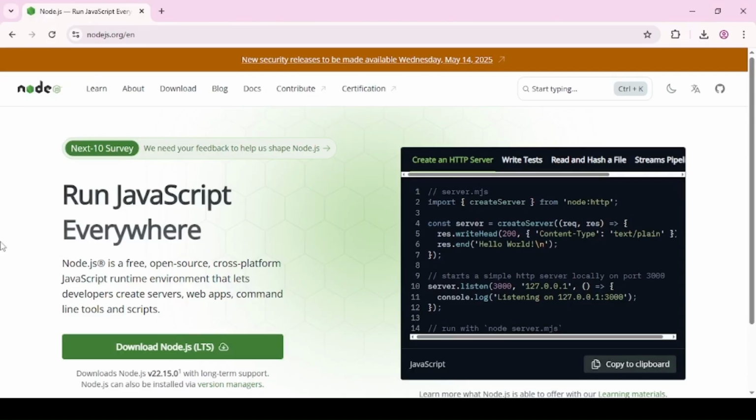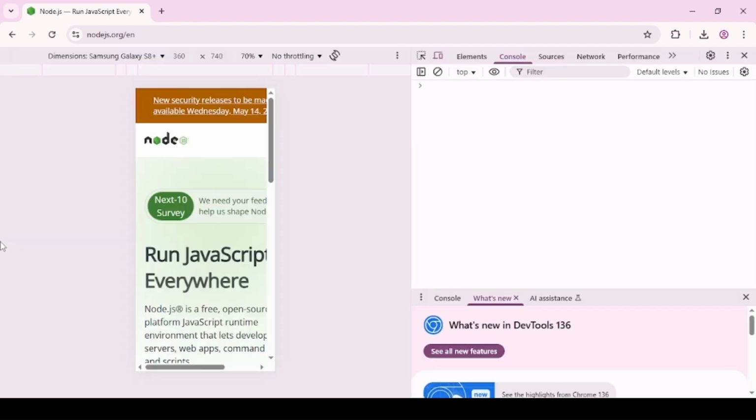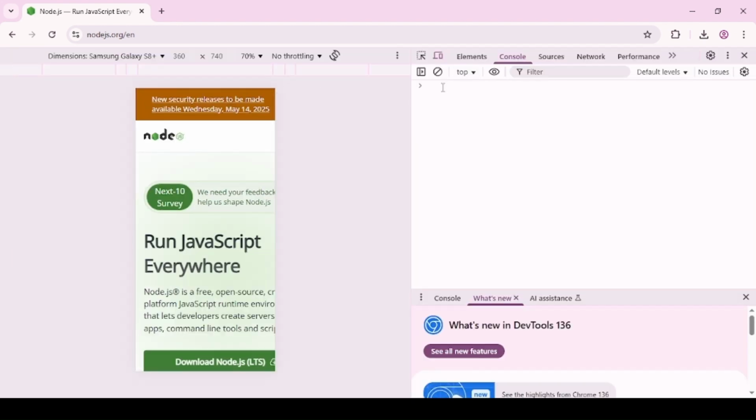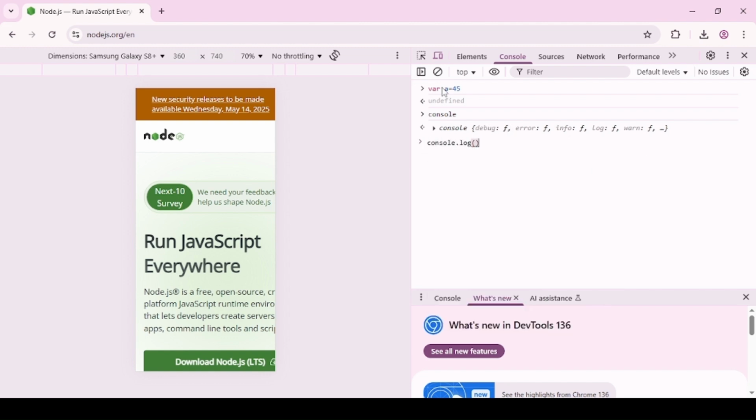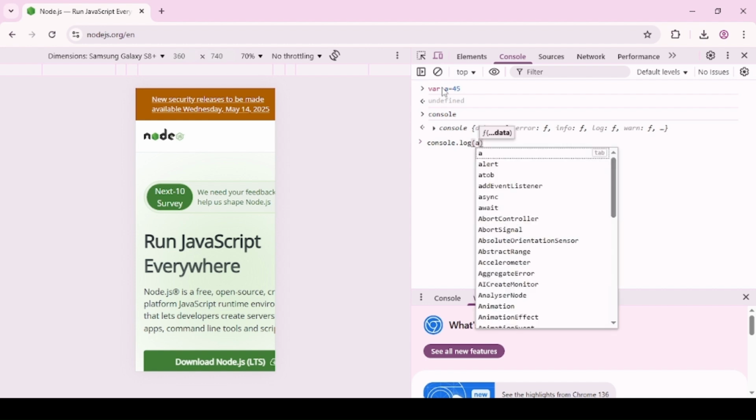You must be remembering the console of your browser. If I press Ctrl+Shift+I, you're able to see the console. Now if I specify anything here, let's say var a equals 45, and I'm typing console.log to print the value of a.